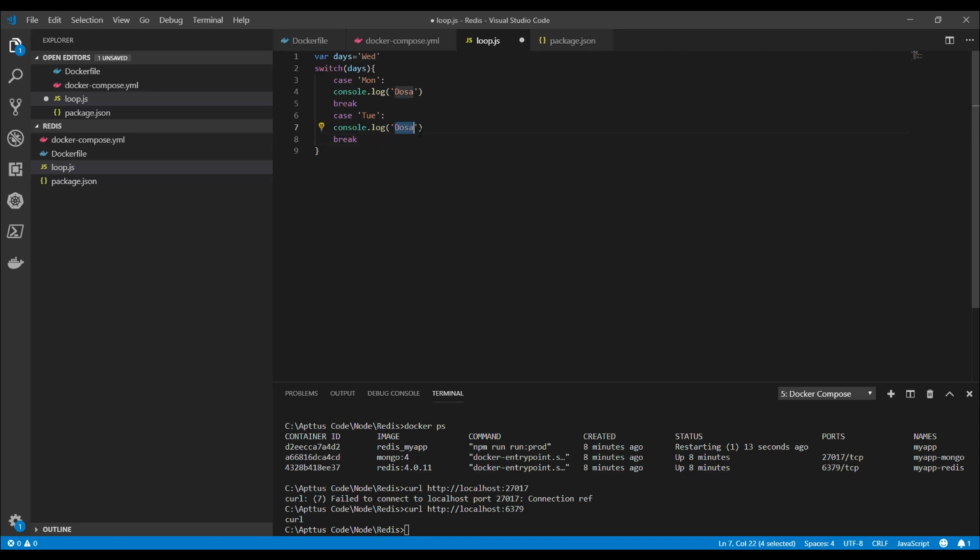And then I have one more case which is Wednesday. I'll just put three cases, not more than that. And let's say for Wednesday, I have Pongal. Okay, so if I run this,